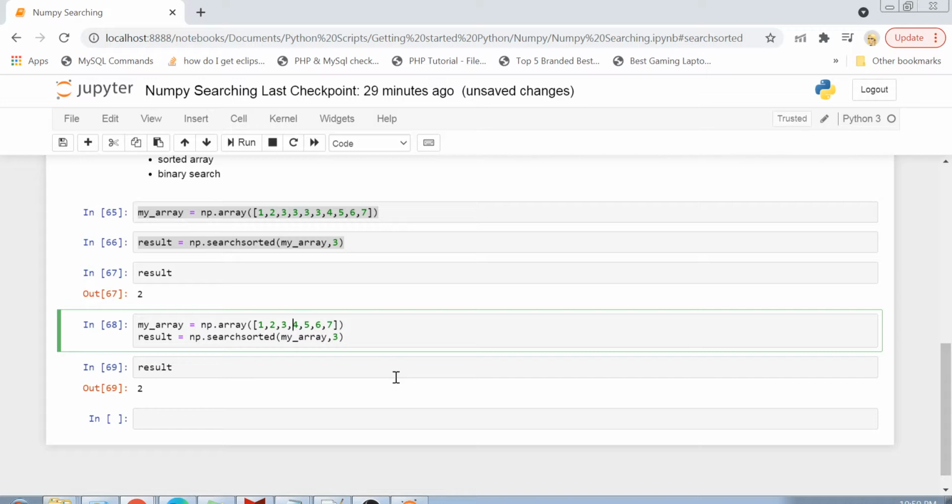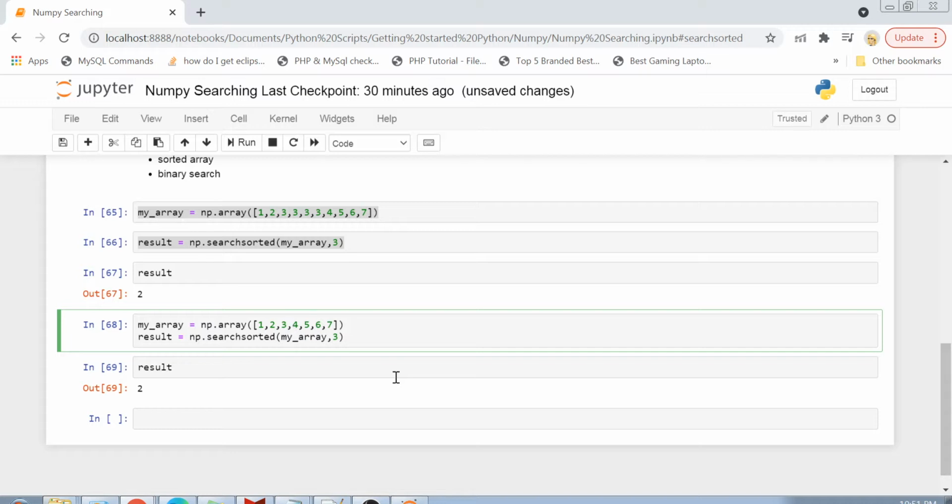So searchsorted will not give you any boolean value or any empty array to indicate that an element is not present. It will not do anything like that. What it will simply do is give you an index value where that element is present, or where that element can be inserted. You can't use searchsorted to identify if an element is not present, right?